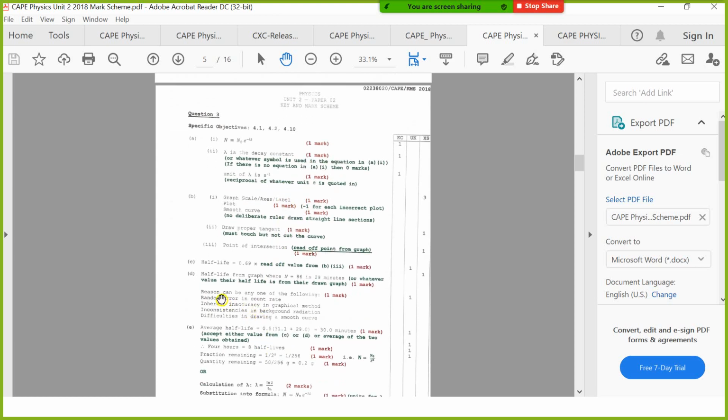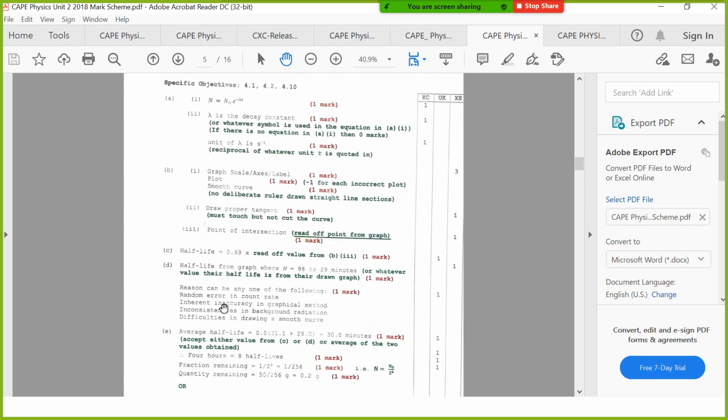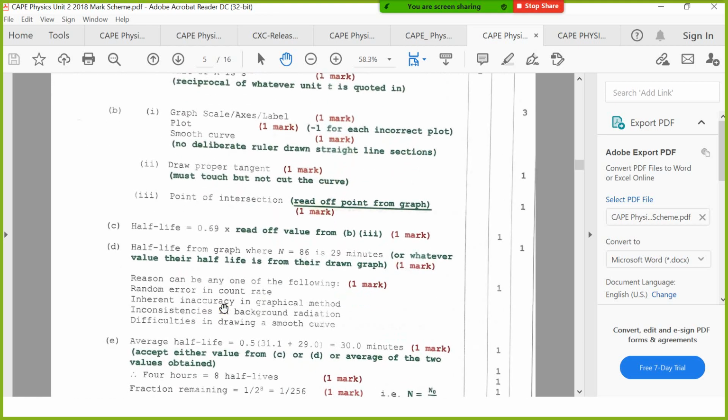So these are some of the possible reasons, ladies and gentlemen, right? It could be random errors in the count rate, inaccuracy in the graphical method, inconsistency in background radiation, and difficulties in drawing a smooth curve. As it pertains to the inconsistency in the background radiation, what you must understand, ladies and gentlemen, is that